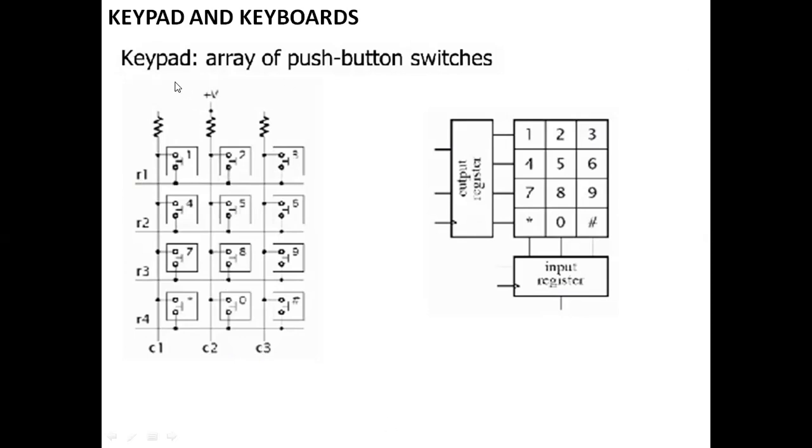So you can explain this keypad and the keyboard using these two figures. If you look at the laptop keyboard, when compared to this three column and four row keypad, the laptop keyboard will have a larger number of keys. So for this the matrix size will be higher.